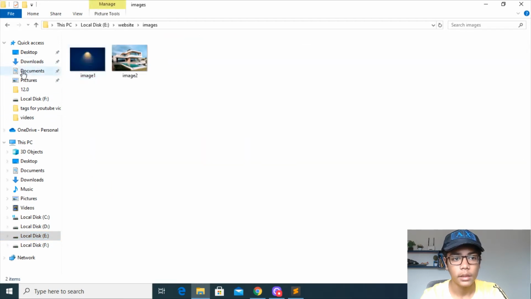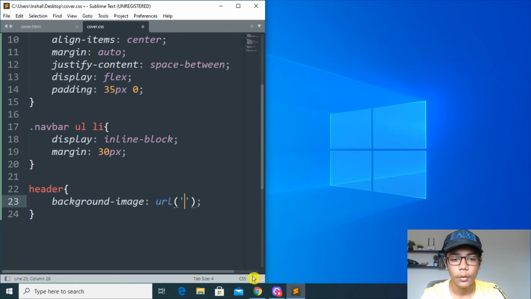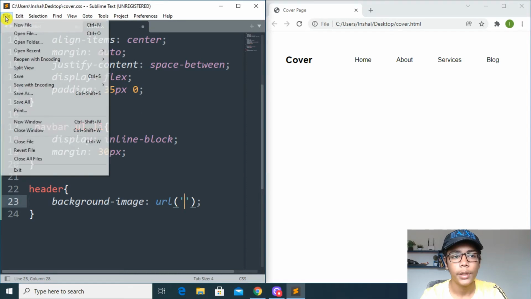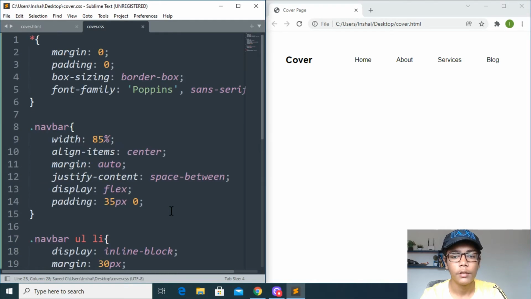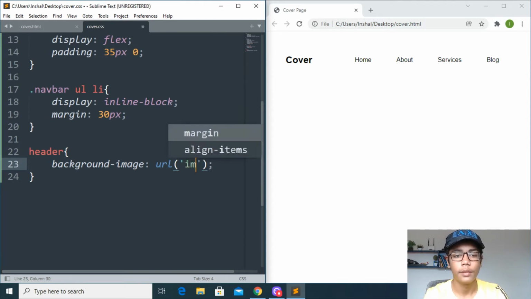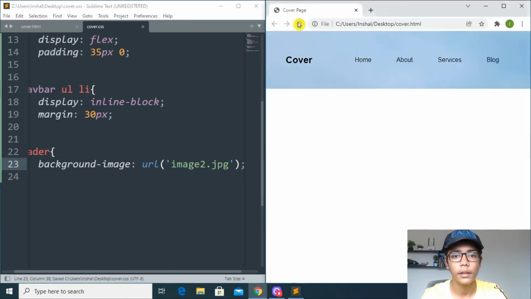You can see there are many background images here, so you can take any of them, because these are all from Unsplash, so you can also download them here, and I will be closing that. Simply I will be moving here, and take care about one thing: where you have saved your HTML and CSS files, there should be your image file also, or if you have put it in a folder, you have to put the URL of the folder where you have defined your image. So here I will be saving and reloading that.